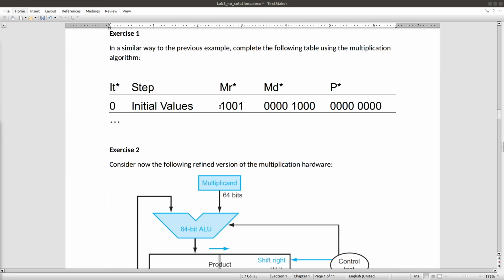We will apply the same algorithm, the same execution in multiplication, but with different values for multiplier and multiplicand. Of course, I will show this program together with you so that you can check the result yourself and understand how it works.